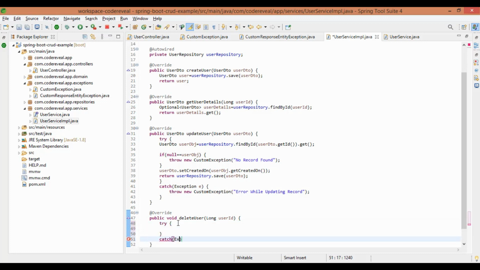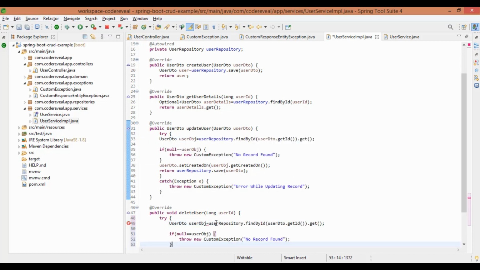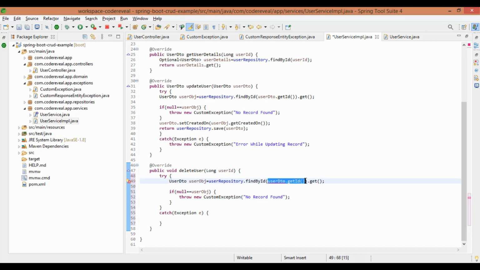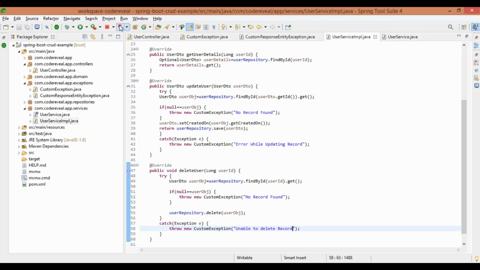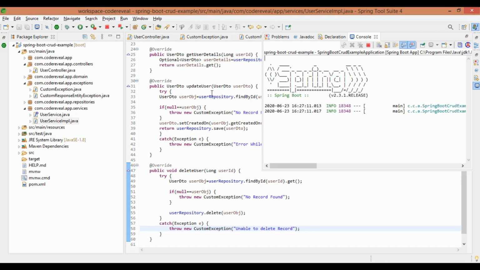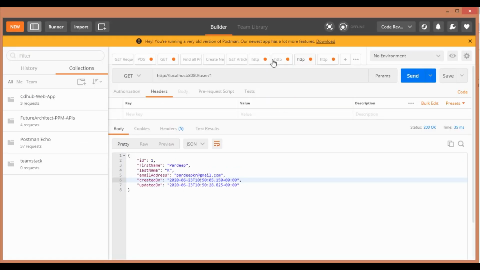In the service layer, in this method, we are going to add some more code the same as what we added in the update user method. Here we are checking if the user object is null, then it throws an exception, and after that we are deleting that user object. Let's restart the application again.